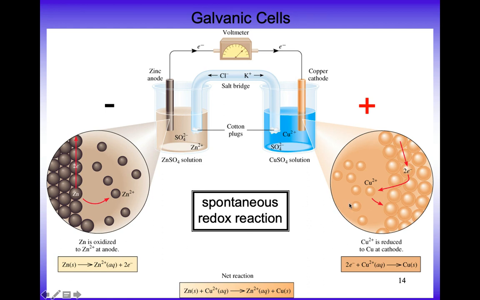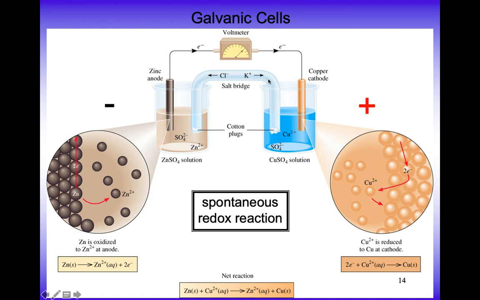On the right-hand side, you have your copper cell. What's happening there? It is gaining electrons. The cell equation is right down here. Copper in the solution is gaining those two electrons, and it's plating out on the outside of the cathode. So in terms of mass, the copper cathode is gaining mass, and the copper solution is getting less concentrated in copper ions. Now, what the salt bridge does, if we can get back to that,